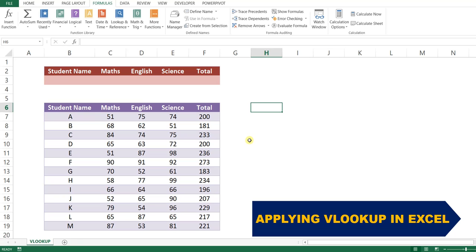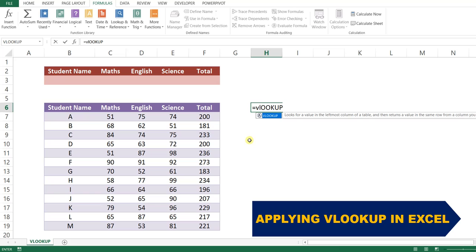Basically the first question which comes in your mind is where we can find the VLOOKUP on the Excel screen. There are two methods to find the VLOOKUP. First is that just press equal to sign anywhere on the cell where you want to apply the VLOOKUP formula, and just type the VLOOKUP.